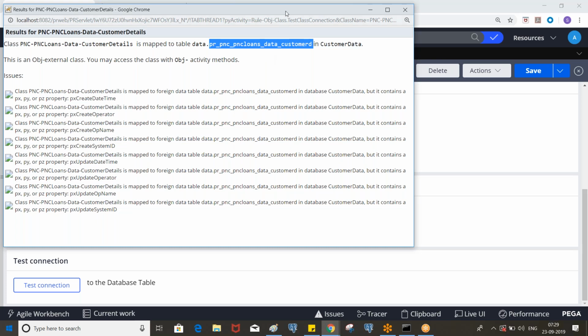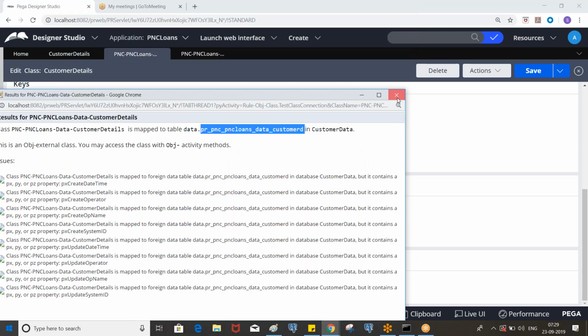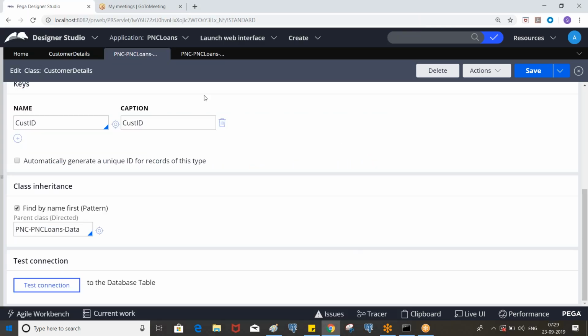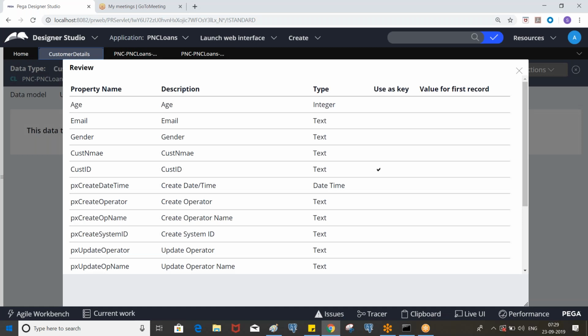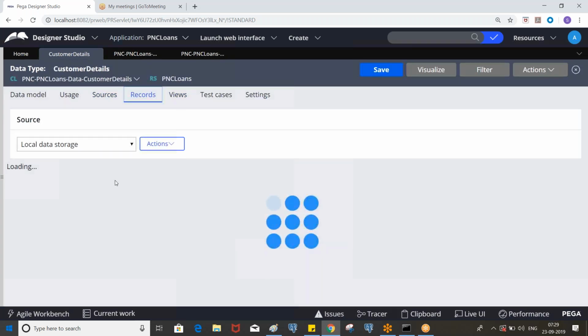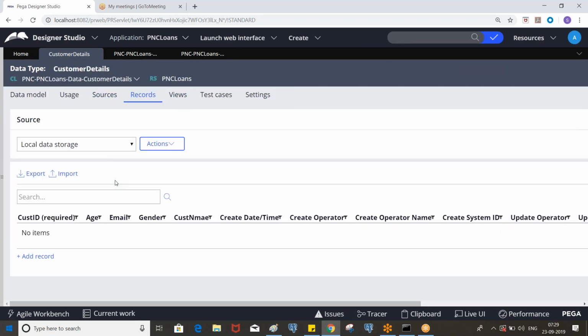Okay. So now our requirement is that we need to store the data into this class dynamically, not by manually entering the data. In order to do that, we have a rule called activity. Okay.